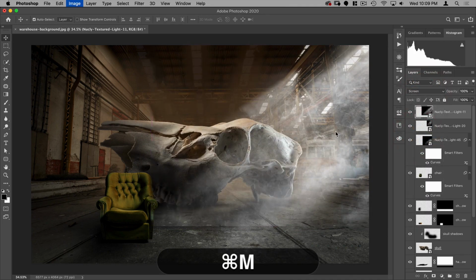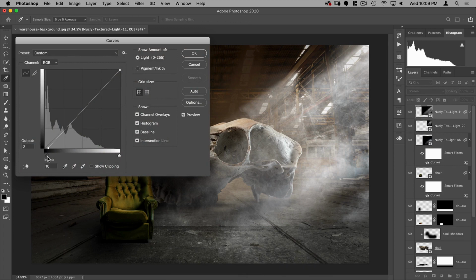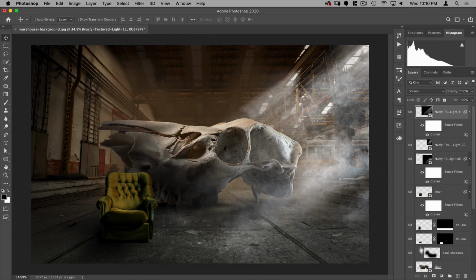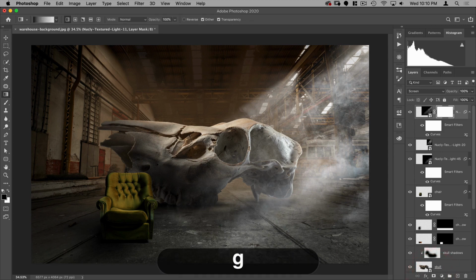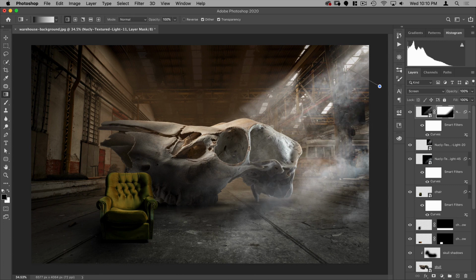And then I'm going to do Command M for a curve and just bring the black point down, and the overall curve down just a bit like that. All right, and then on this, we'll add a mask again, do a gradient from the bottom, just to make sure we have no hard lines, and then also kind of bring it in a little bit so it looks more like it's just coming from there. Pretty happy with that. I kind of like the strong light on that right side there.